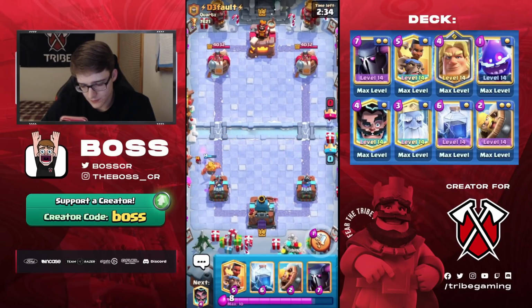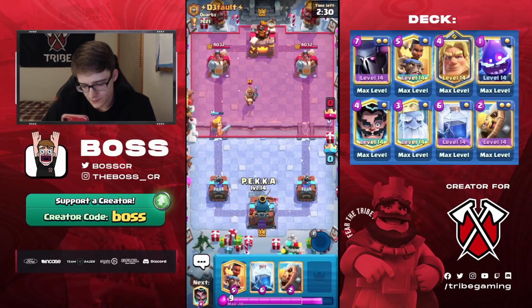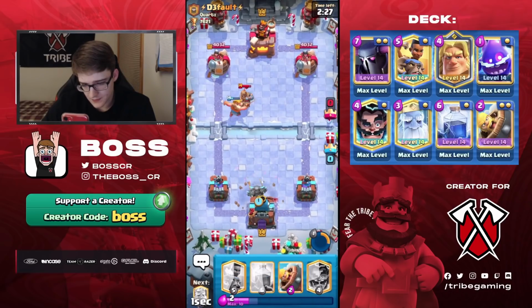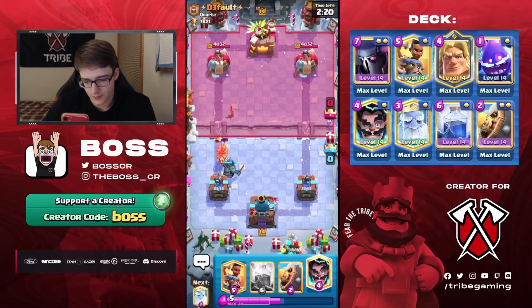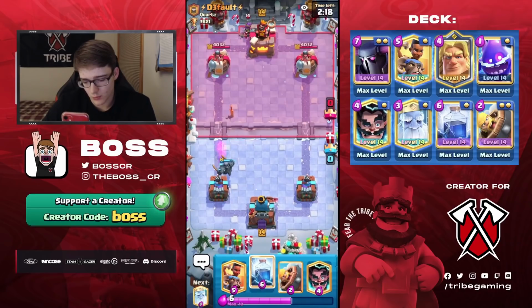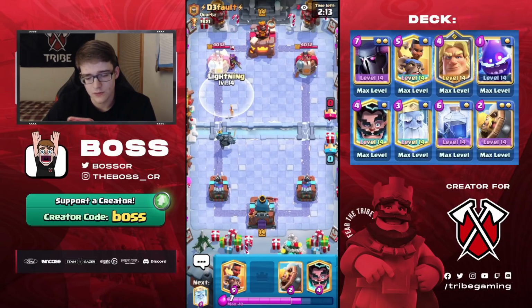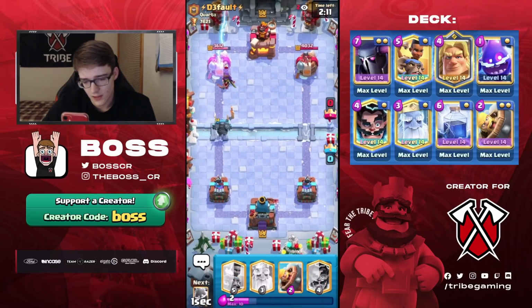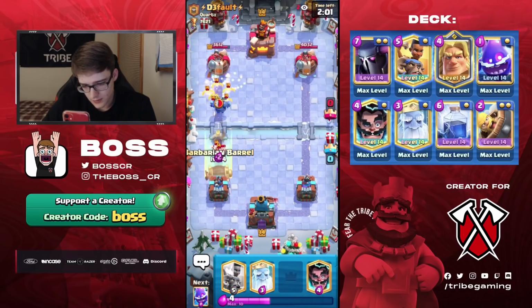He probably has some sort of Miner cycle deck since he's got the bats. So I would assume it's something fast cycle, but he's got the Prince, so maybe it's some sort of Mortar deck. I don't know. Queen. So yeah, probably Mortar. If it's not Mortar, I don't know what it is. I mean, it could be maybe Mega Knight too, because I've seen Mega Knight Prince wall breakers. That's definitely a possibility. Only problem is he can Mega Knight now on this PEKKA and probably get some solid